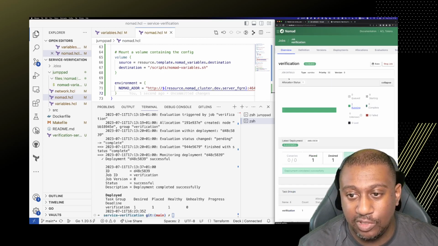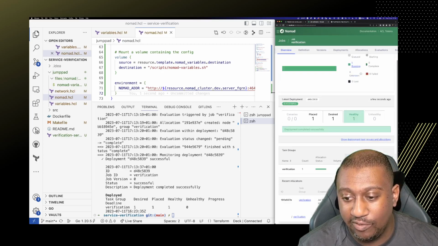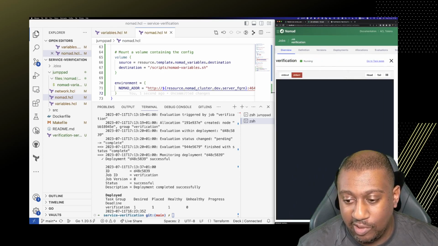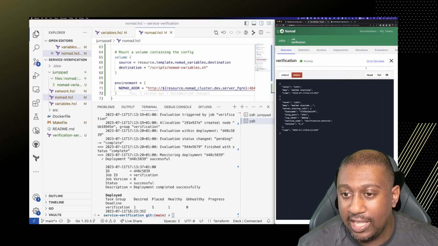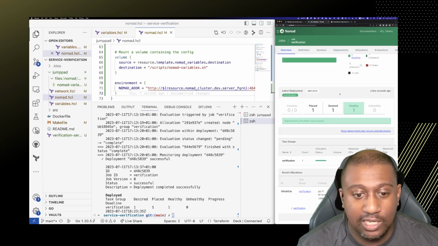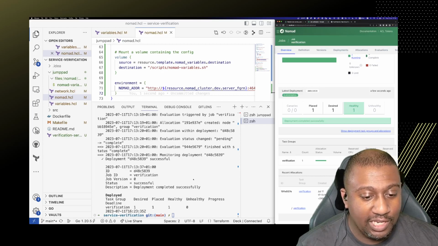So that actually looks all good. And let's just see, we've got one healthy. We'll just have a quick look at the logs. And yep, that's all up and running. Fantastic. The only thing left to do